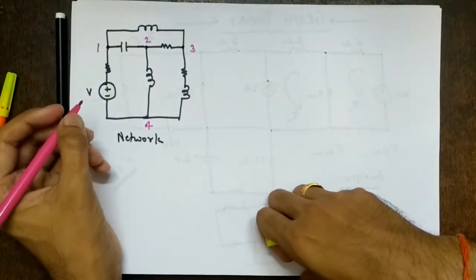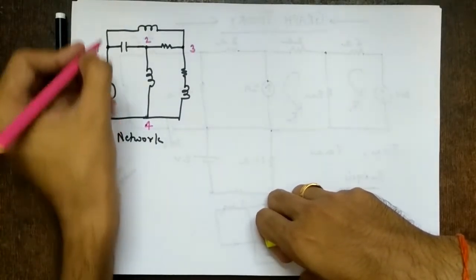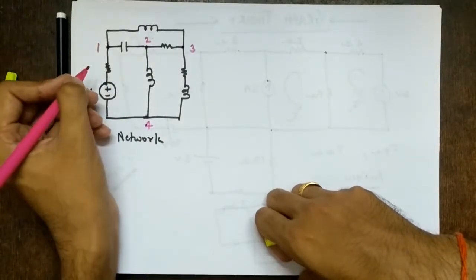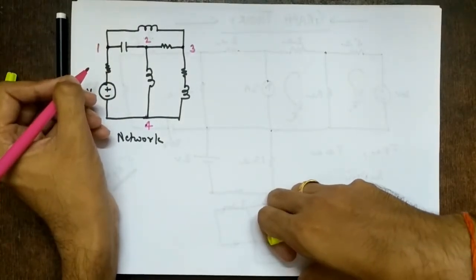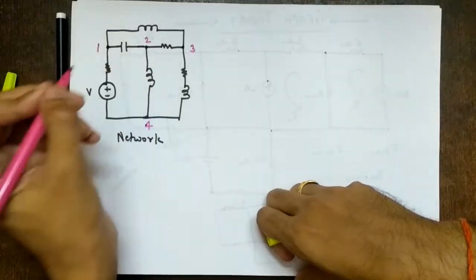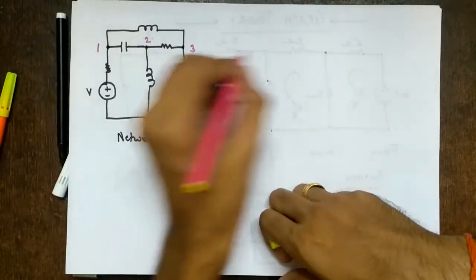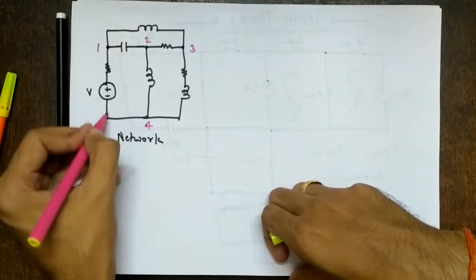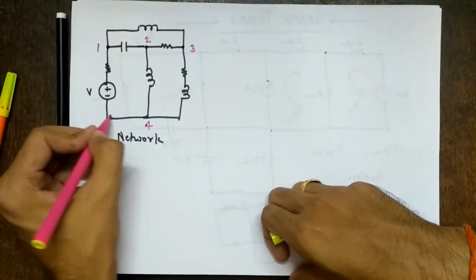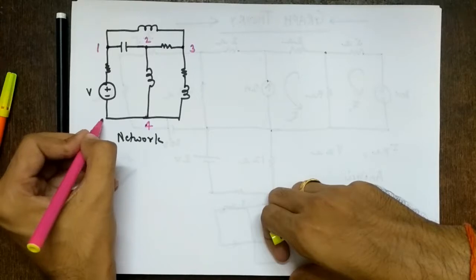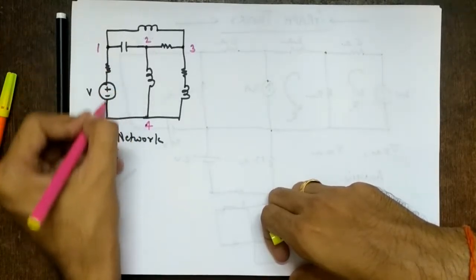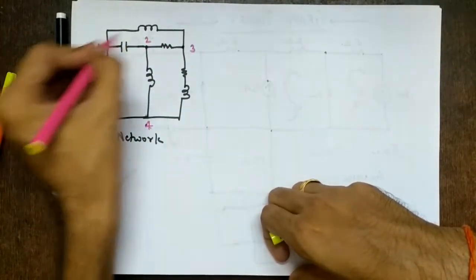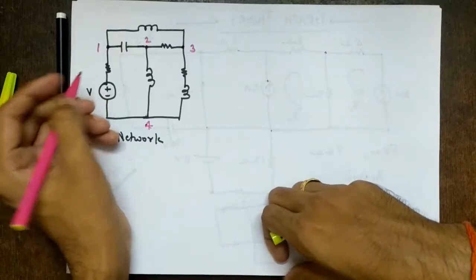Next I want to name the branches. So what are the branches in this network? I can do it in the graph only, so I can do it here also, but since we are learning graph theory, I'll name them here. Anyways, you know the branches there. This is one branch, and since nothing is connected here, this is not a node. So this together is one branch, two, 3, 4, 5, 6 branches we have, and 4 nodes, right?